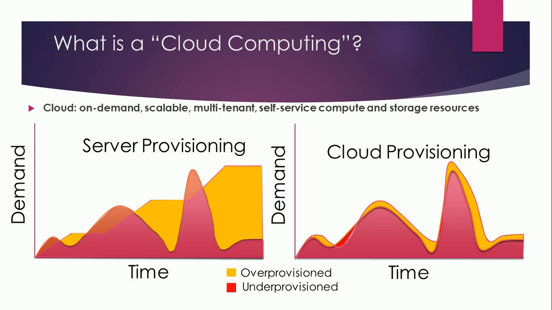It is scalable, it is an auto-scalable system. We can even create an auto-scalable system to increase or decrease the resources which can be attached to our business. It's multi-tenant, so it has a public and private cloud. We'll see it in the next slides. And it is self-service, in the sense it reads the traffic and it will try to upgrade or downgrade by itself in compute or storage resources.